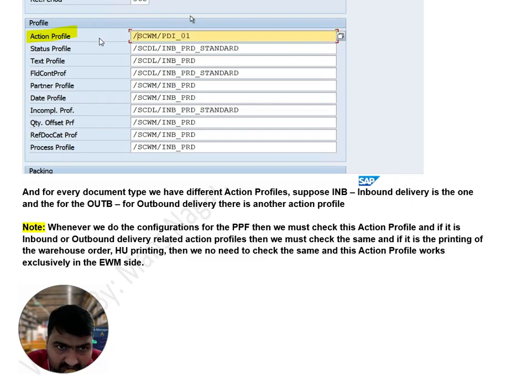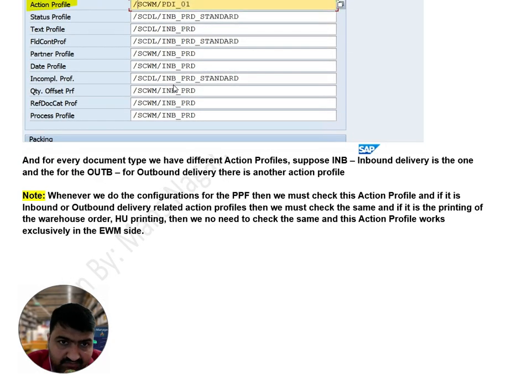Okay, for the inbound delivery process we have this inbound delivery. In case of outbound delivery we have one for outbound delivery also, but we are going to work with printing the handling unit labels and creating the warehouse task. The inbound delivery warehouse task would be processed and confirmed automatically in the extended warehouse management layer. Okay.